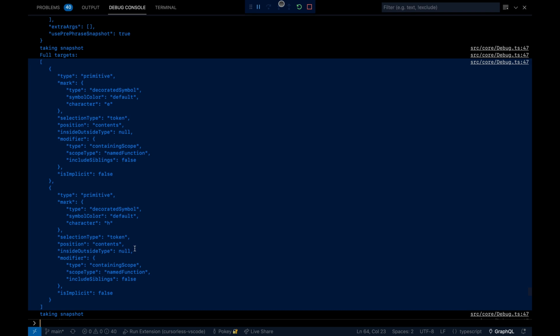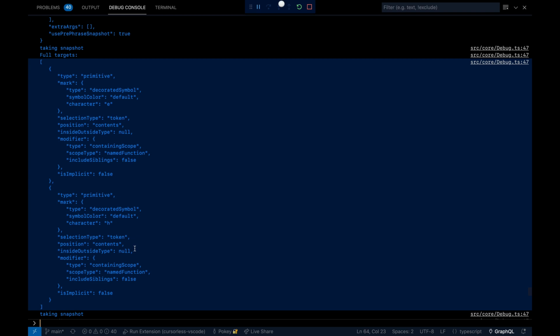The main thing that preferences are used for is, so I mentioned that inside and outside are going away, because they're just not clear, precise concepts. But one of the things we use them for is to differentiate between what in the future we're planning to call the removal range of a target versus the content range. Okay, so an example of that,